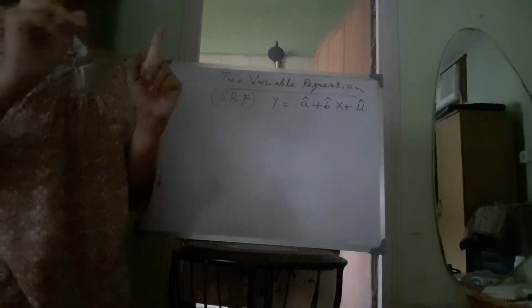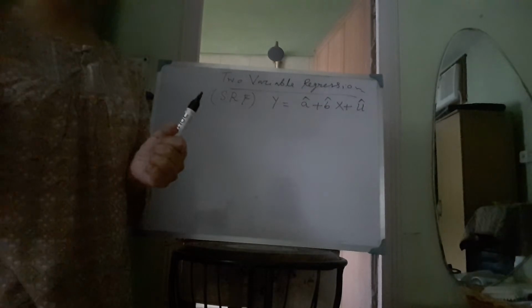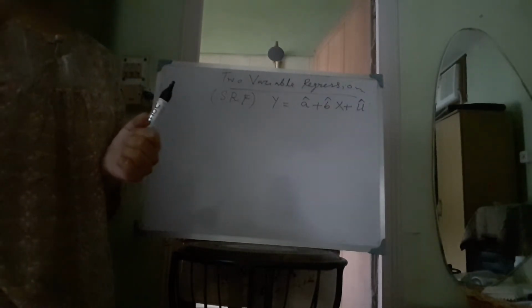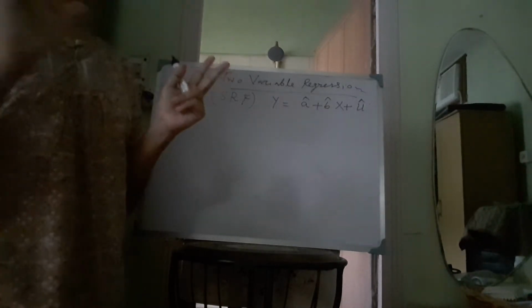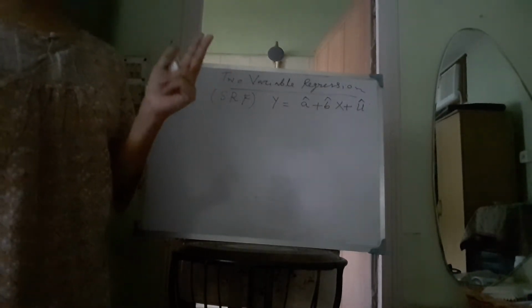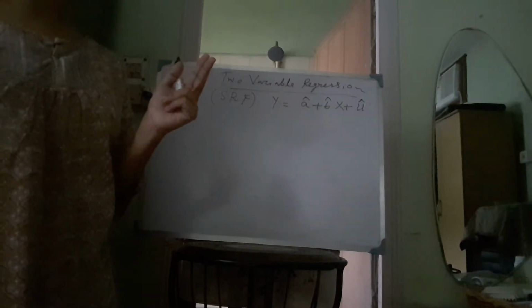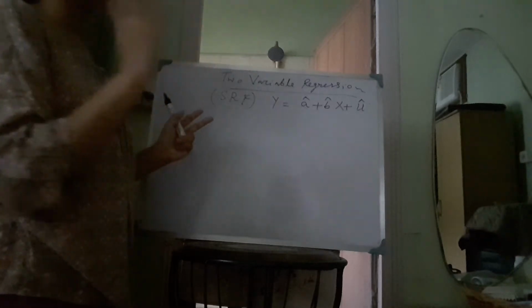All other factors which may have some effect on the consumption are incorporated in the error term. That is why this error term is random in nature. This is called two variable regression because we are using only two variables, one dependent and the other independent. If we use two independent variables and one dependent variable, that equation is called three variable regression, and so on, four variable regression, five variable regression. Here, for the time being, we are only using two variable regression.